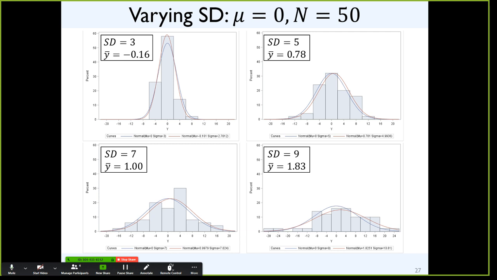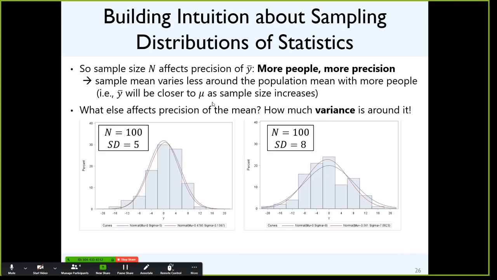Now these are only one-shot estimates at each sample size, but if I did this over and over and over again, these tendencies would come out. There would be more wiggle room around what the mean should be when there's more variance. It'll be harder to nail it down in any one sample because there's more noise around it. So the best case scenario would be I have a lot of people and I have very little information that's around the mean. Everybody's sort of clustered in the middle. Then I would have the best chance at saying, yes, this is the mean, it's a great estimate of the population. Okay. With me?